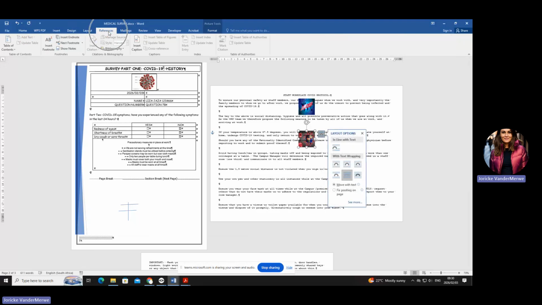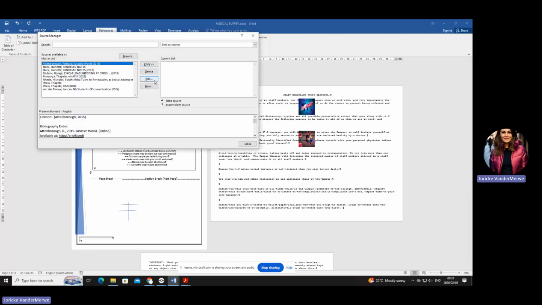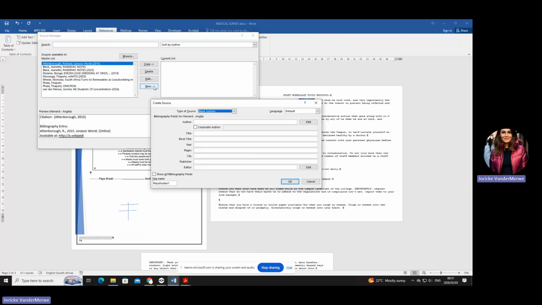So you're going to go to references and you are going to, okay, just make sure you do not click on an image. Can you see if I click on an image, I won't be able to manage my sources. So click anywhere else. Then you're going to click on manage sources. And now you're going to say new. Okay, I'll do that once more, so don't stress. The source of citation 1. What is the type of source there? Look, it says type of source. What is the source? A website. Can you see you have to scroll a little bit down to see the word website? You choose that.